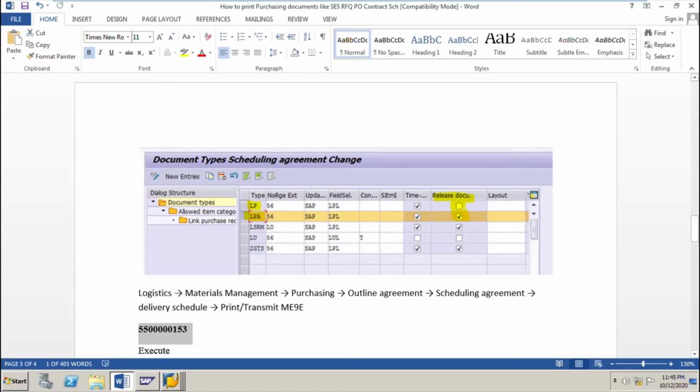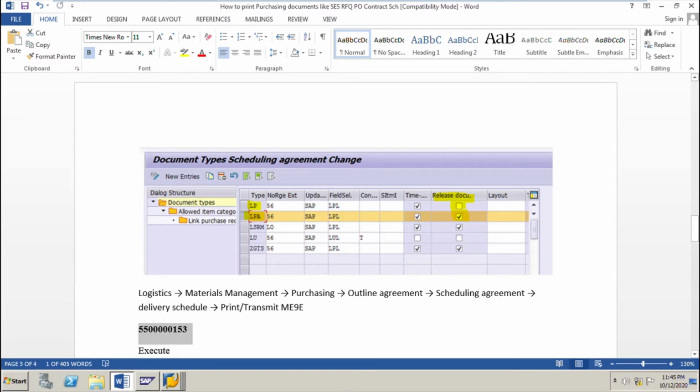The scheduling agreement with release documentation is of type LPA and the scheduling agreement without release documentation is of type LP. This is a configuration of the types of the scheduling agreements.